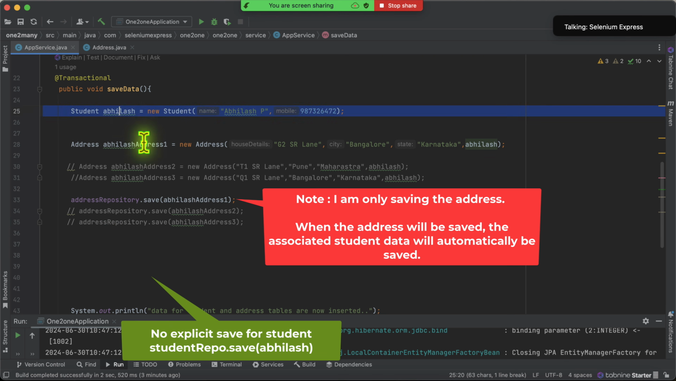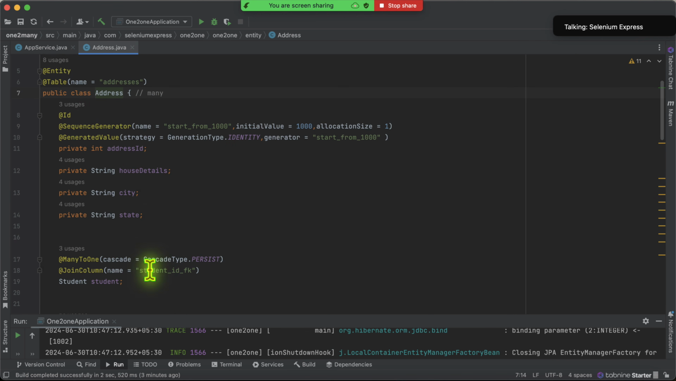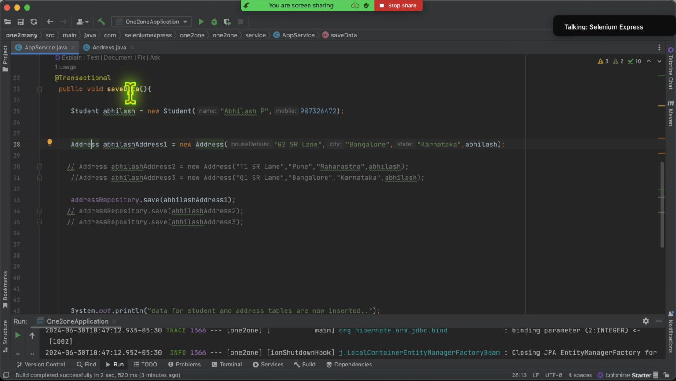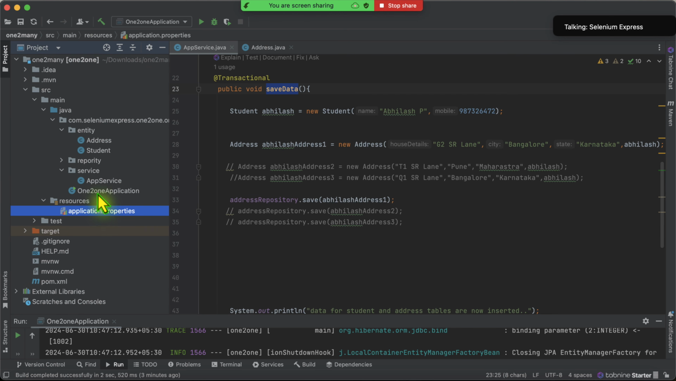You have a student, you have an address. This address is attached to this student. You are saving the address right now. Who is owning the relationship? The address. Why? The address has the join column. It's the foreign key. We're defining the foreign key over here. Now my question is, if I go here and call this method on my main application,